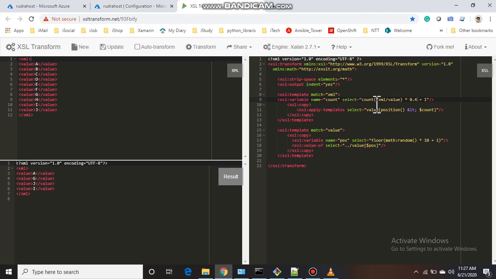So make sure before using this code that your XSLT processor has access to the EXSLT libraries. In most tools, the XSLT processor doesn't have access to EXSLT libraries, so before executing this code, make sure yours does. Okay, so that's it for the video.